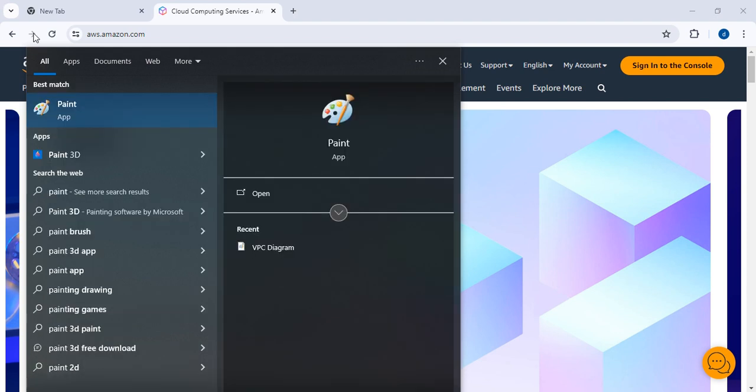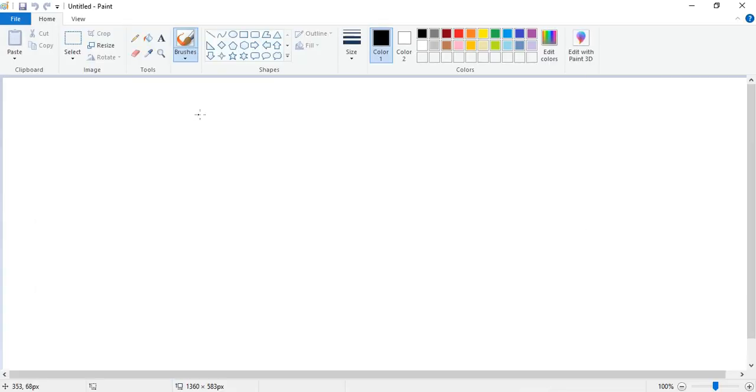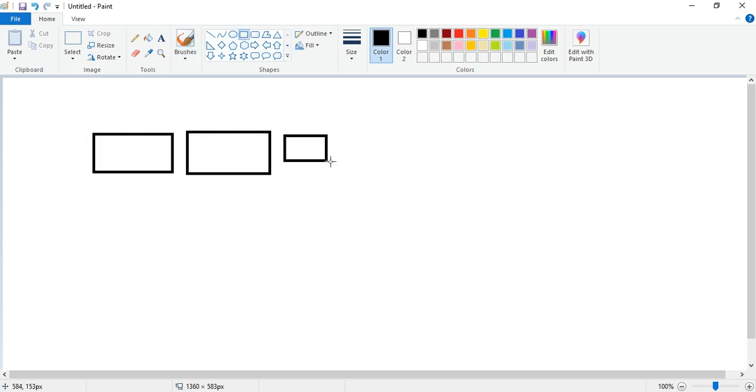Okay, I will let you know. Just I will show it to you how the layer will be. Okay, if